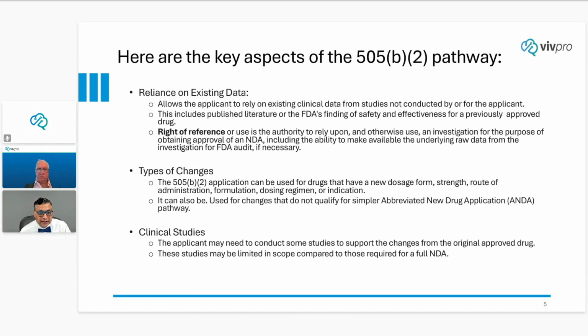The abbreviated new drug pathway is different. That type of approach is not applicable for 505(b)(2). Clinical studies may or may not be required. It depends on the situation, and if you work with an experienced drug development strategist,